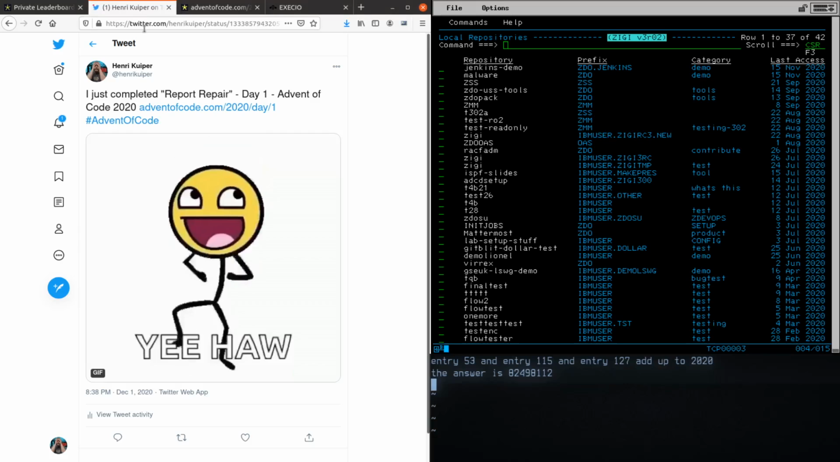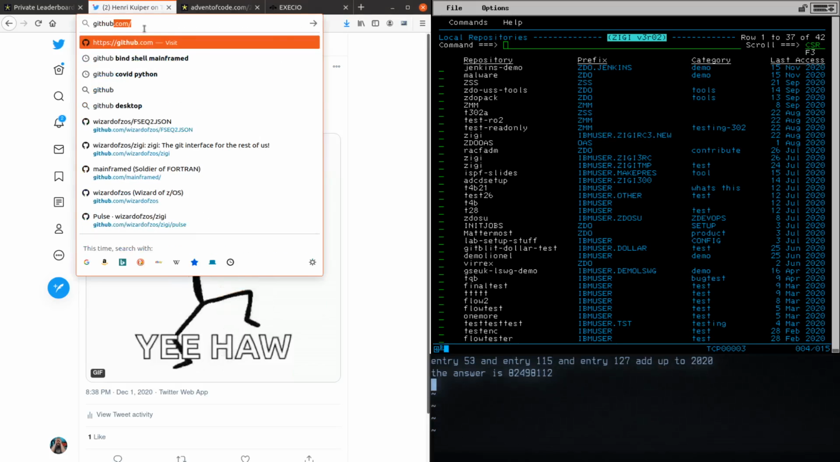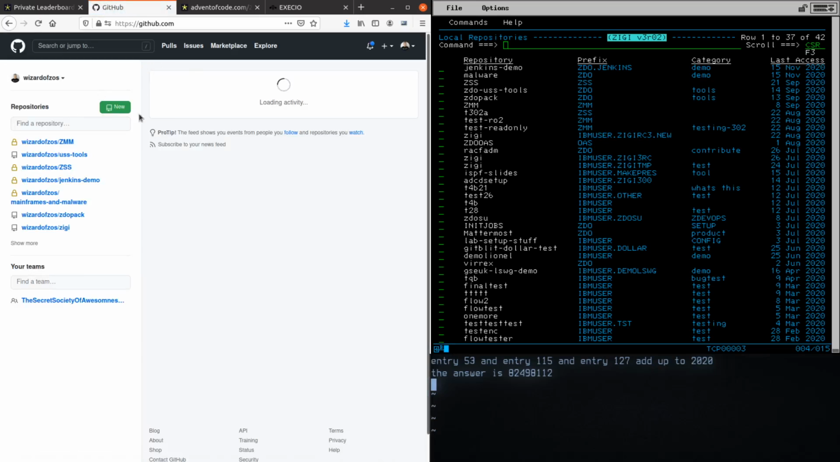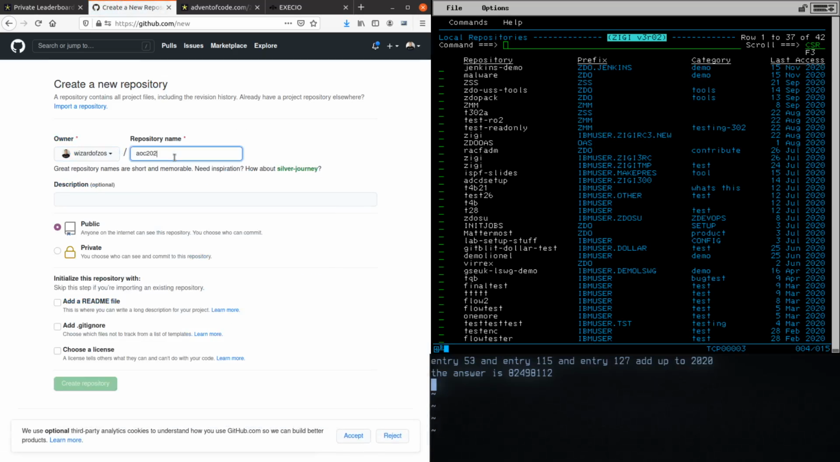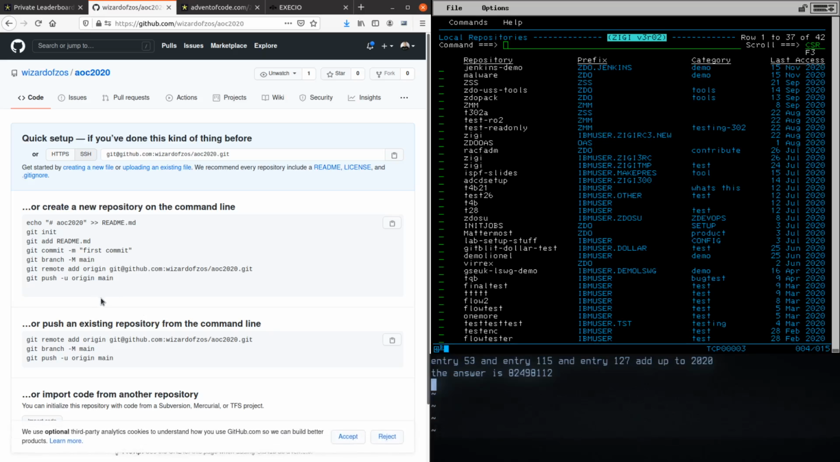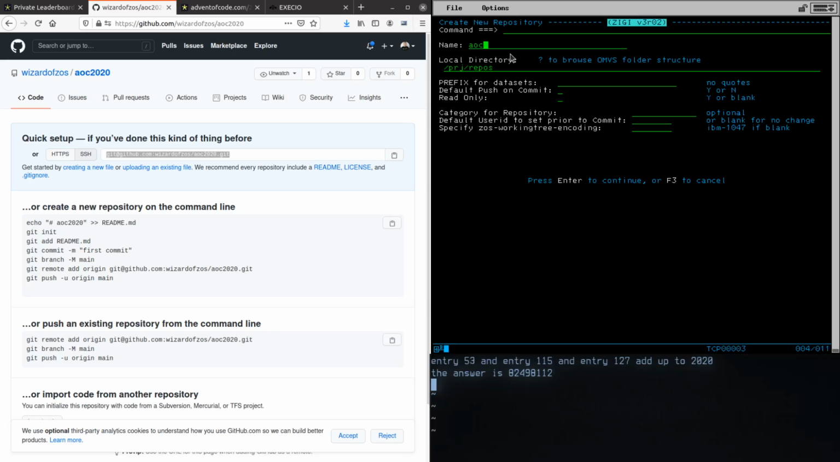a github.com, create our repository. Where does that go? Create new repository, AOC 2020. AdventOfCode 2020. Of course it's public. No, we're not adding anything. There are still no instructions for ZIGI here on the GitHub page, which is a pity, but we are just going to create a repository called AOC 2020. We're going to stick that in our thing there. I had that copied, but it isn't, so we're going to do